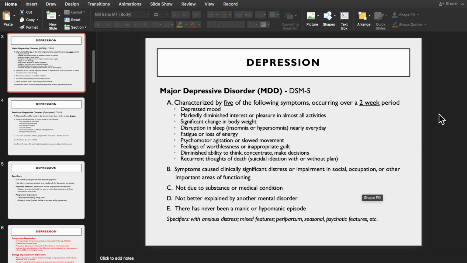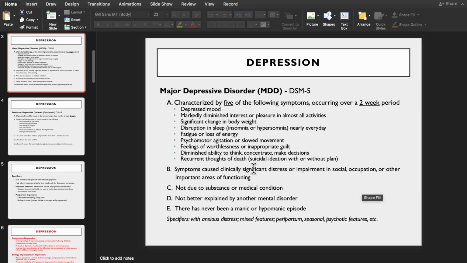Anytime there are symptoms indicated by the letters in the DSM, such as the A through E you see here, the individual has to meet or show signs of all of the lettered criteria in order to be diagnosed. We don't want to overdiagnose. Think about it. If there were no specific limits or criteria set, then everyone and anyone can be diagnosed with